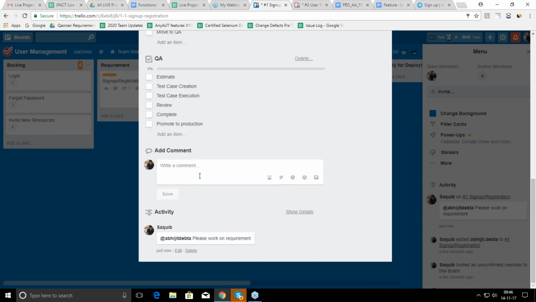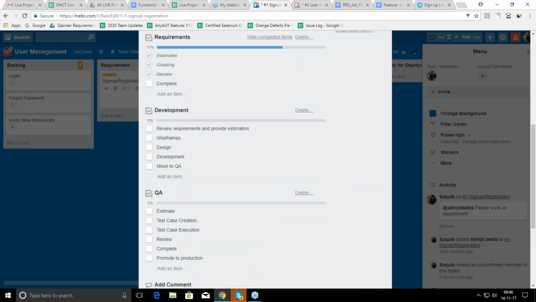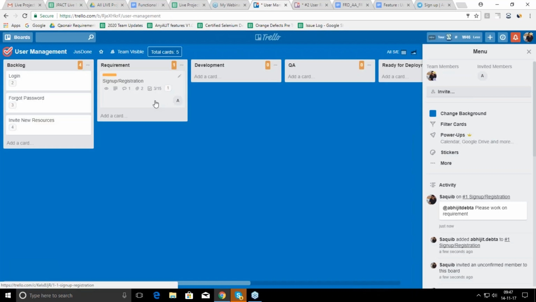So we can leave it. If you think the requirement is done, we can mark anyone in the team, for example, someone's name, and say the requirement is done. So we can chat here by leaving comments. Once you feel all these phases have been completed, reviewing and everything,